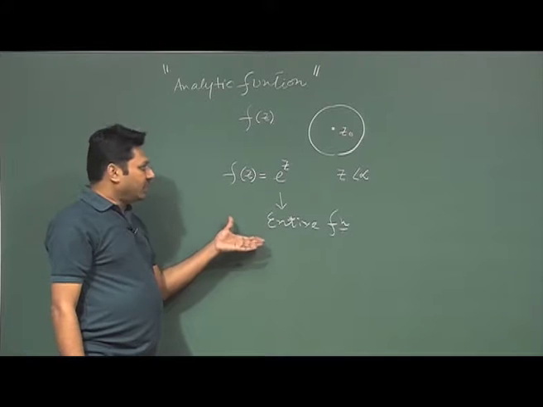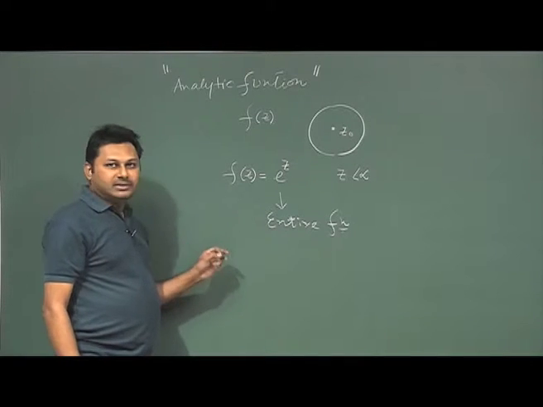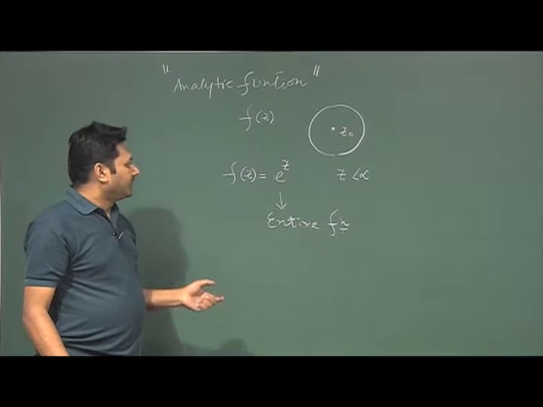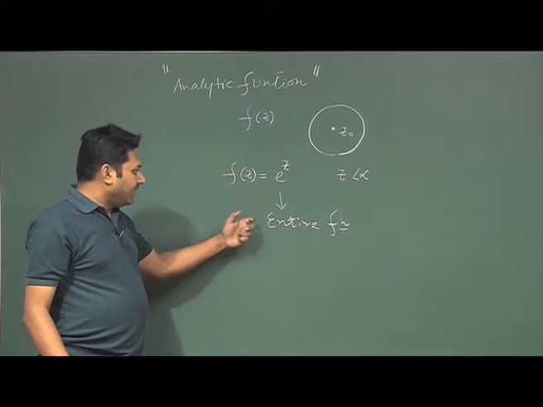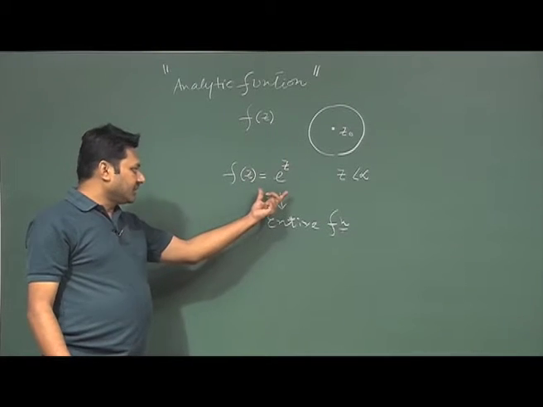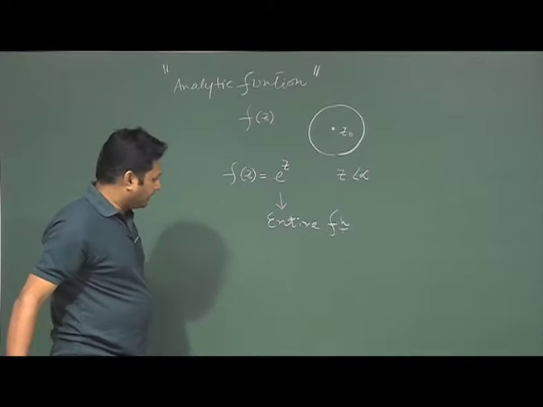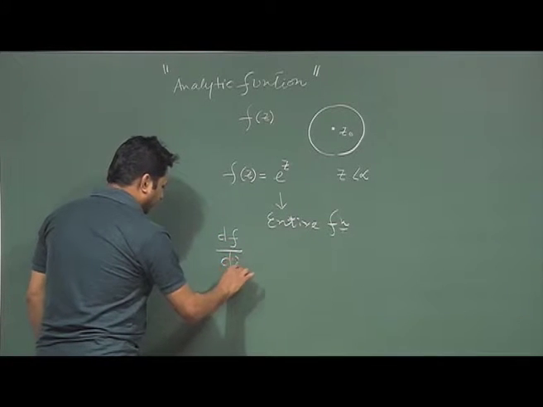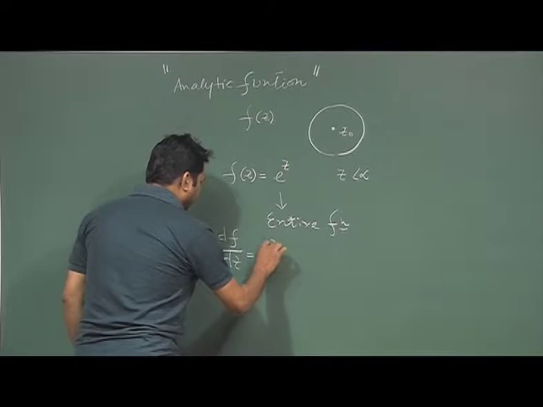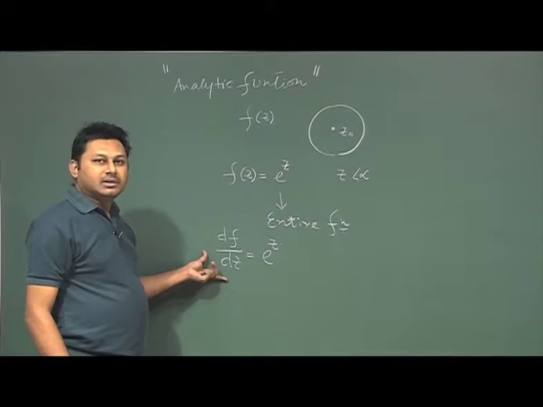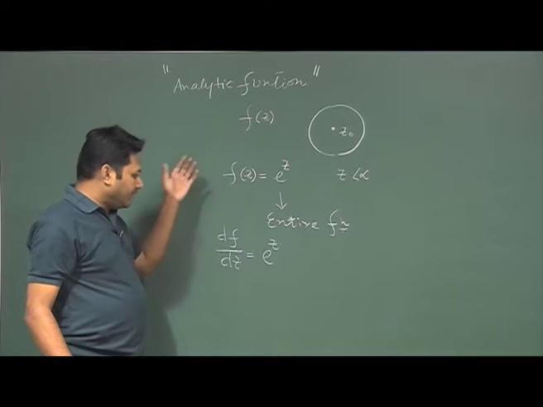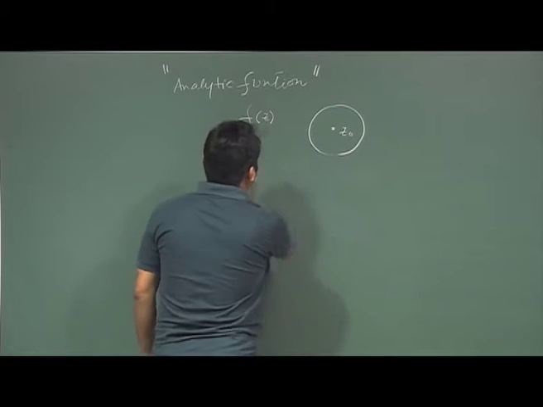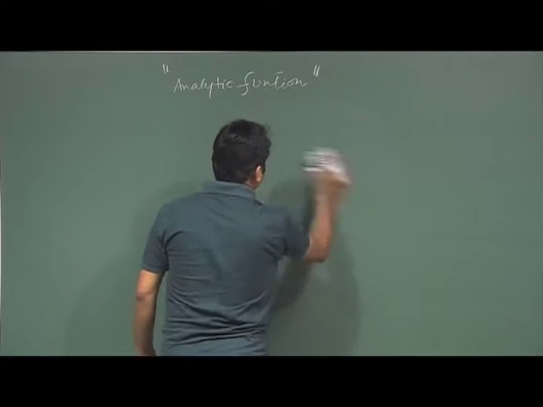Apart from that, there are a few functions which have some kind of singularity that I would like to cover maybe in this class, if it is not possible in the next class. But for the time being, you should note that these entire functions are well-behaved and if I do the derivative, for example in this case, the result will be simply e to the power z, exactly like a real function. And the normal polynomial functions like z square, z^n are following the same rule.